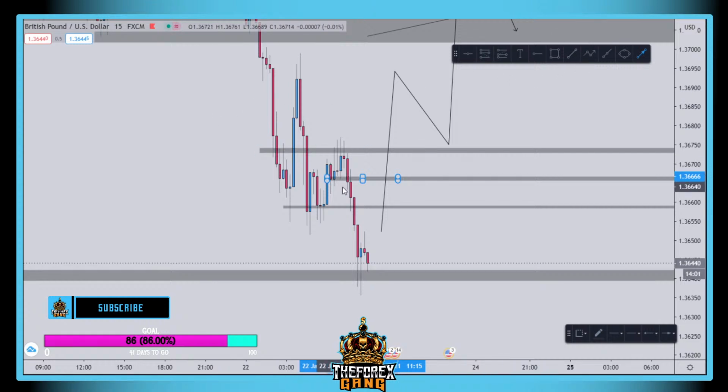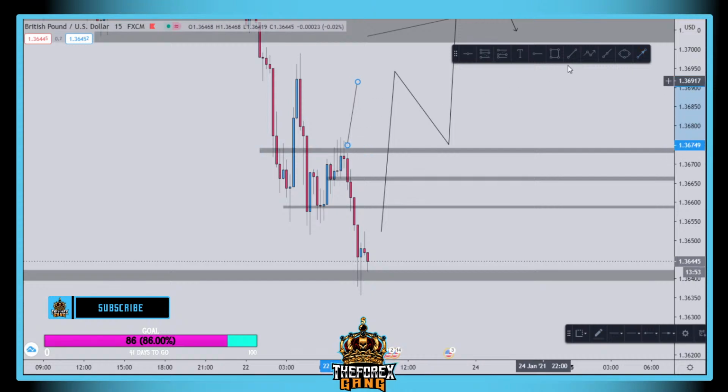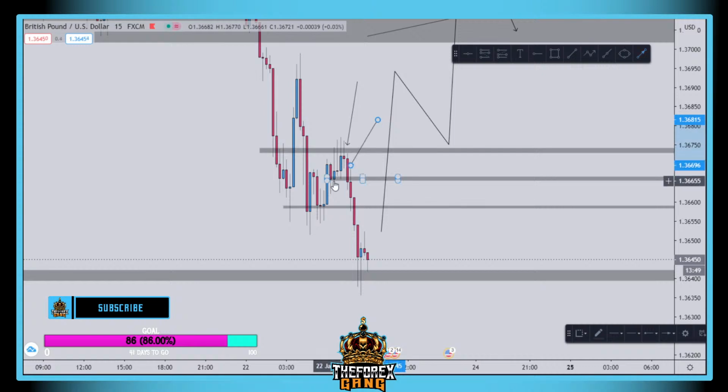But you know why I say this? It could have been the trade, because then you have this as the rejection, the first candle. The next one is your confirmation because it broke the support. And the third candle, that would have been the trade. And then you put on break even.